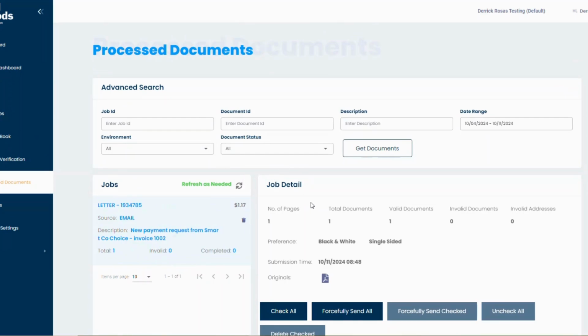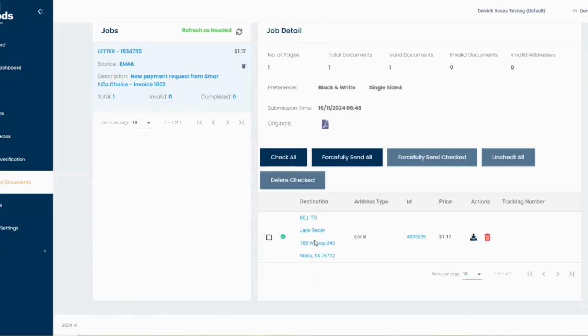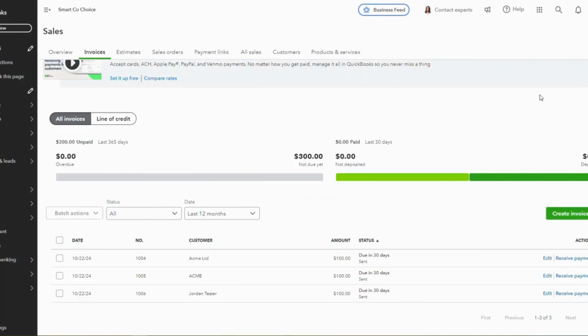And there you see how it is populated. The cost is good, everything's good, everything checked out. And because we checked the option to make sure it fits in an envelope, it also will print properly, and we're good to go. All right, so I want to go back just a bit and show you another thing